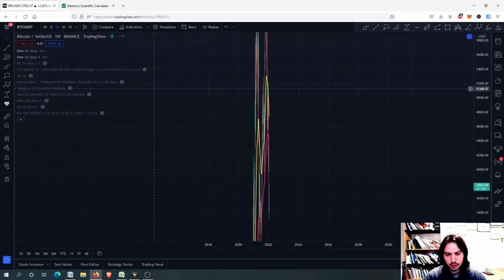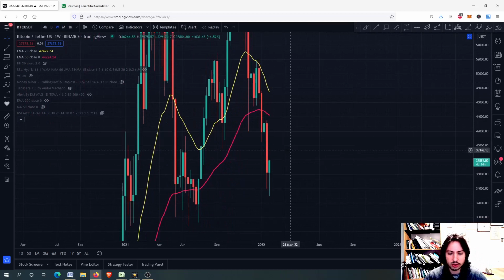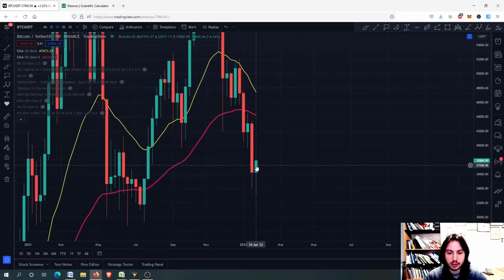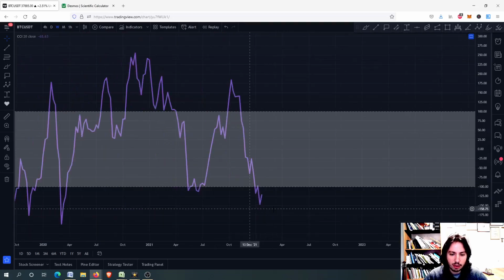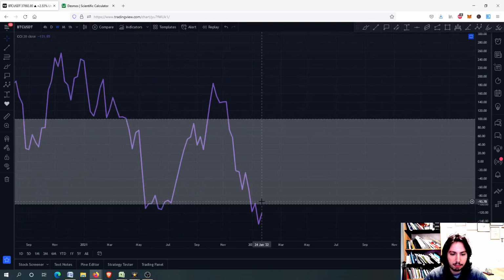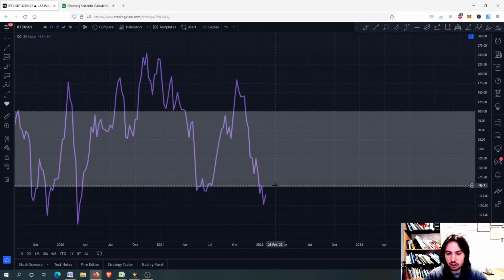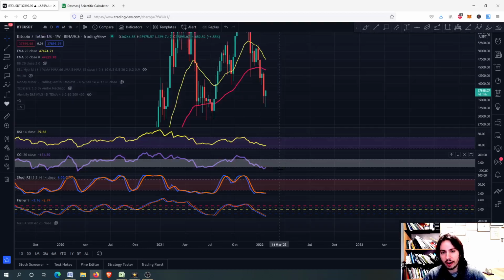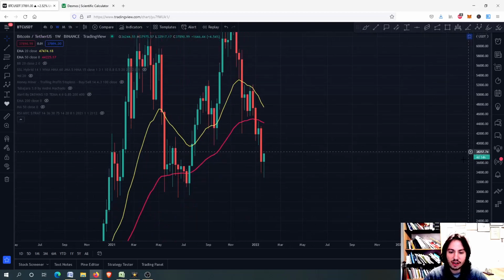Okay, if we go on the weekly frame, which means every candlestick contains 1 week of price action, you will see that right now on this week we had a plus 4 to 5% until now. Not so good, but not so bad either. On the weekly frame, we have something that we like with Bitcoin, and that is that we have the commodity channel index into an oversold situation below the minus 100. So therefore, we like this stuff for Bitcoin, and of course, we could potentially go even higher, but